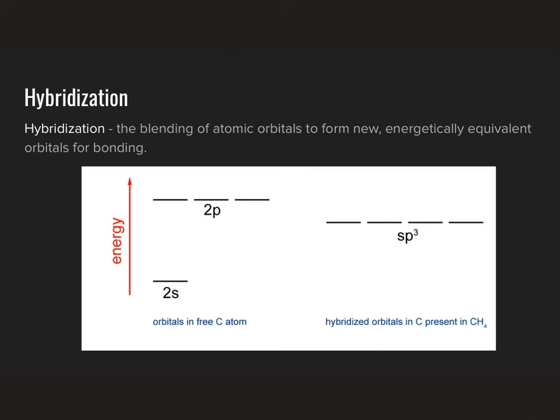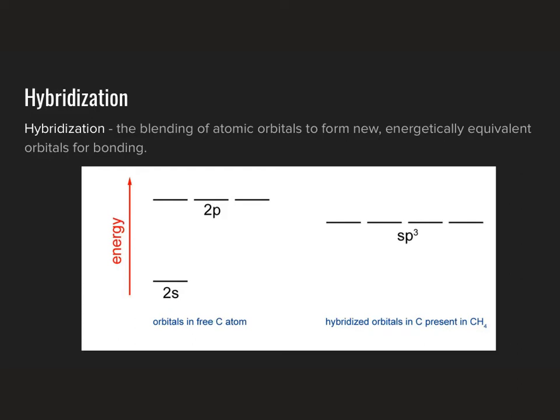So to come up with a solution as to how we're going to explain those problems with our methane molecule's bonding structure, we are going to consider what we refer to as hybridization. We define hybridization as a blending of atomic orbitals to form new energetically equivalent orbitals in order to form the actual bonds. And what we mean by that, if you have a look here at our energy level diagram here,